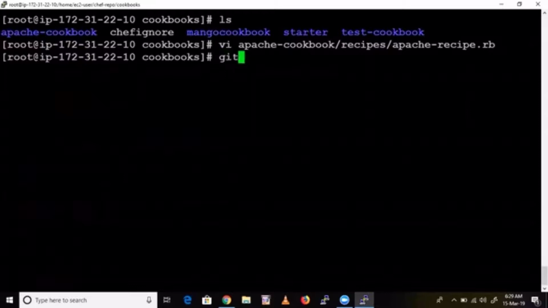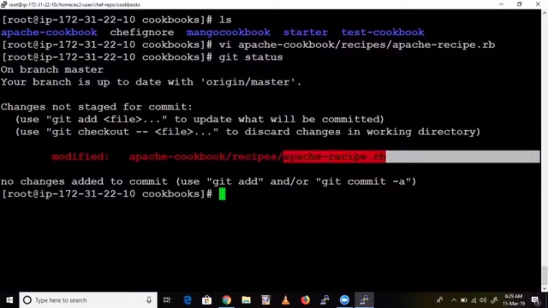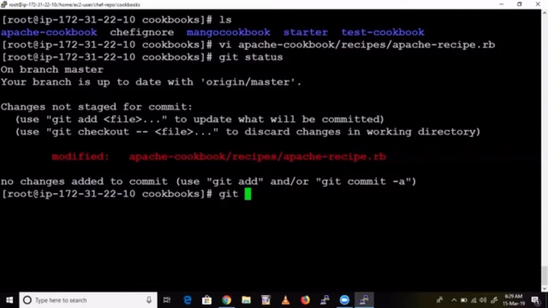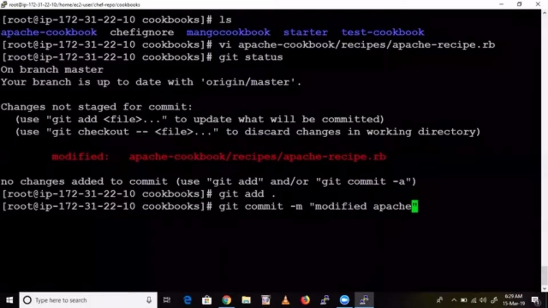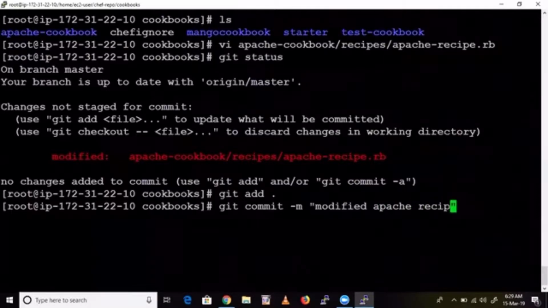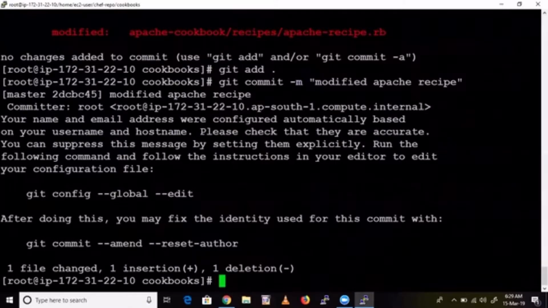Same, git status. See here, something we have modified here in Apache.rb. What do we do? git add ., git commit -m modified Apache recipe. Yes, we have modified.